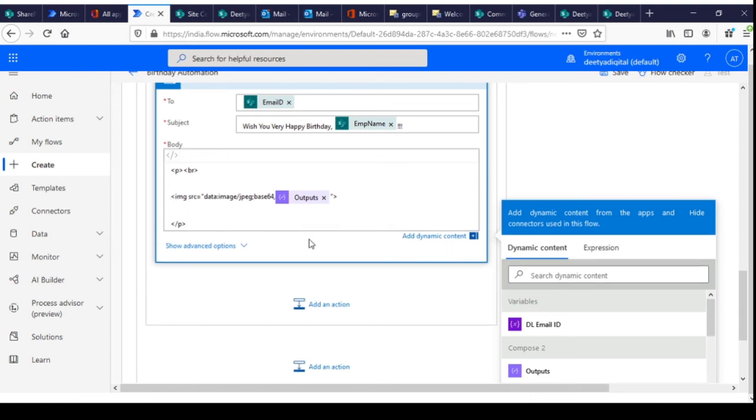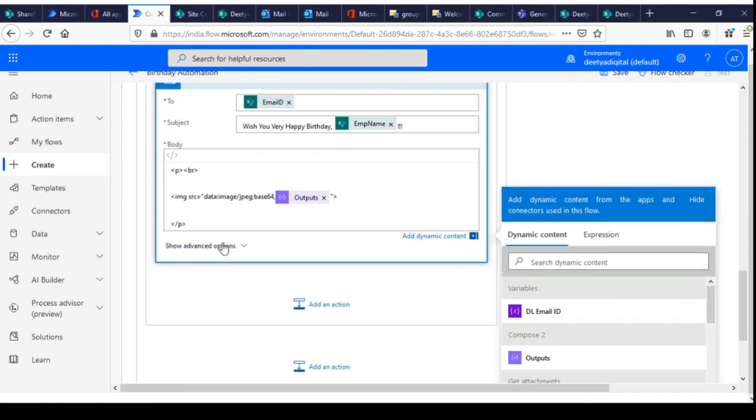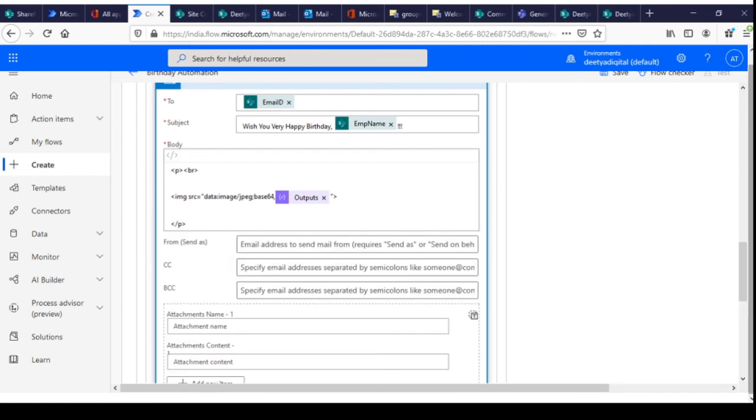So if you want to add any text, you can add text as well. I'm not adding any text, so I'm just inserting image.